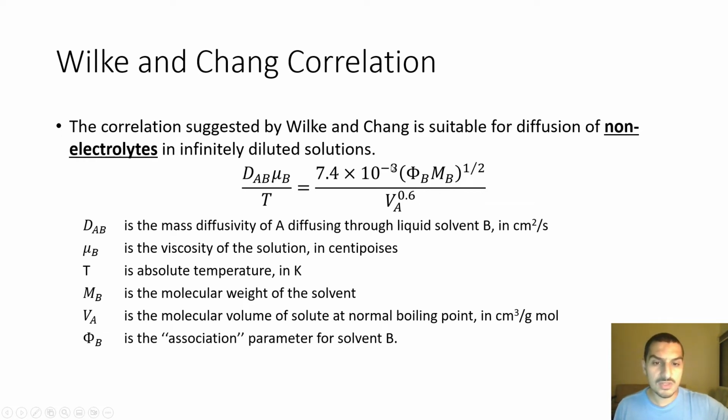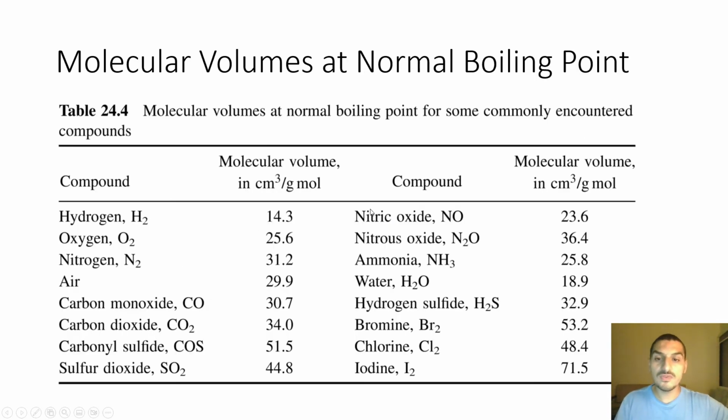Mb is the molecular weight, so the point is only knowing how to calculate or get the values of phi b and Va. For Va, it is available in tabulated data for some molecules. So I have hydrogen, oxygen, nitrogen, carbon dioxide, carbon monoxide, nitric oxide, and a list of a good number